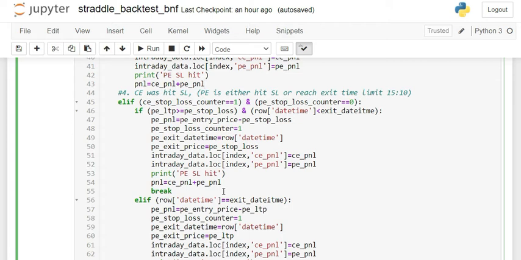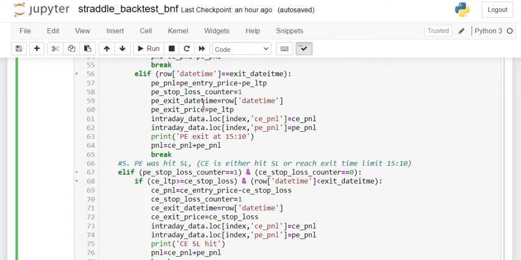Now if this does not happen, what if row date time is equal to exit date time, because now put has reached the time limit. Okay, so put PNL equals put entry price minus put LTP, and put stop loss counter 1, put exit date time, row date time, and put exit price, put LTP, and intraday is these two. Okay, so now put exit at 310. So call PNL plus put PNL. Okay,